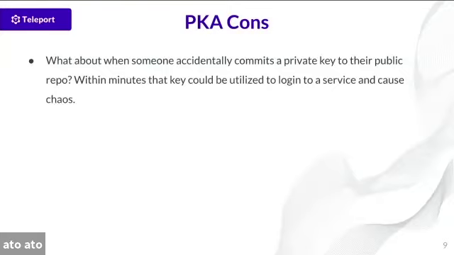He had it in his repository, did not have a .gitignore, and he pushed it out. Well, the repository was a public repository. Within literally minutes, that key was scanned and compromised. And then within hours, we had 200 servers spun up in every AWS region around the world because his key was compromised. So all of us, all hands on deck, right? Forget everything. We're logging in, revoking the key, manually deleting servers, and working with AWS billing to say, hey, can we not get charged a couple thousand dollars for that?